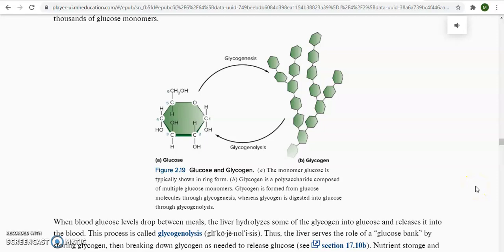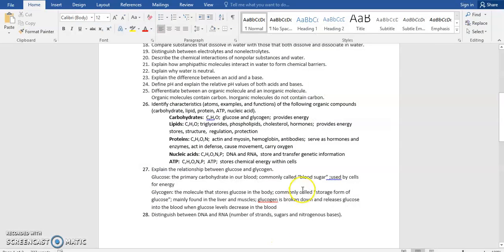A&P1 students. In this video, we are going to cover the organic molecules, the textbook uses the word biological molecules, macromolecules that are important in the human body. Now I'm going to go to our objectives,